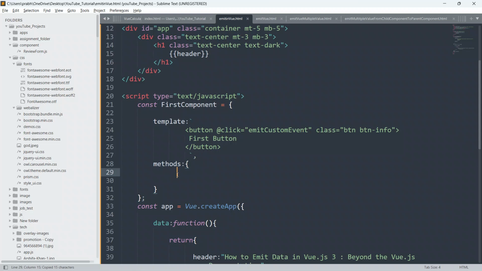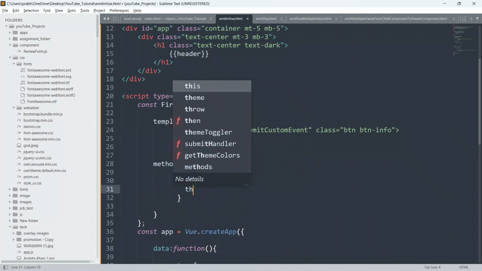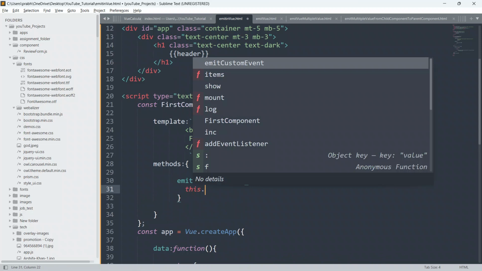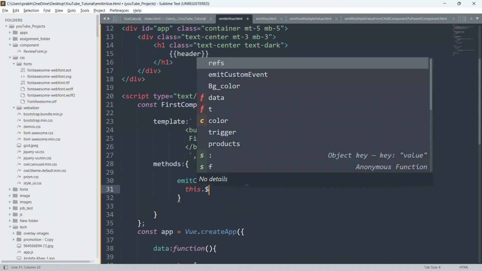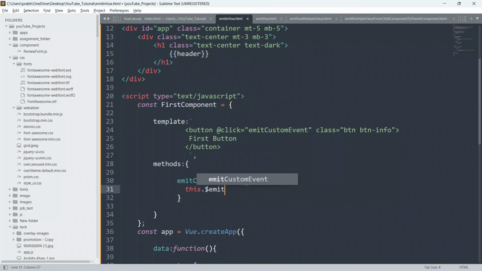So I'll put parenthesis and open and closing braces, and I'll just say this dot dollar. Whenever you are going to use the emit function, you have to say this dot emit, and now we are going to create one custom event.